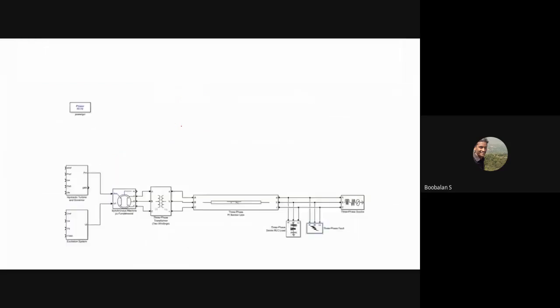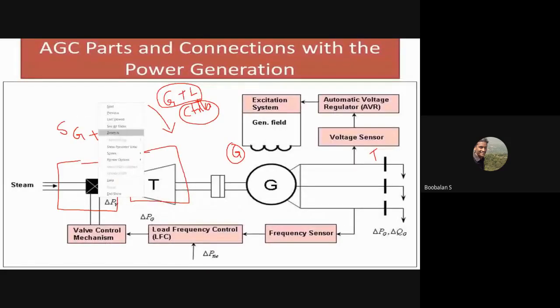So let us consider, I'm just going to use it on a white screen. We need a steam governor. We need a turbine. We need a generator to generate electric voltage, and we need to step up. We just need a step up transformer. Once we step it up, we need to transmit, right? So we need a transmission line.